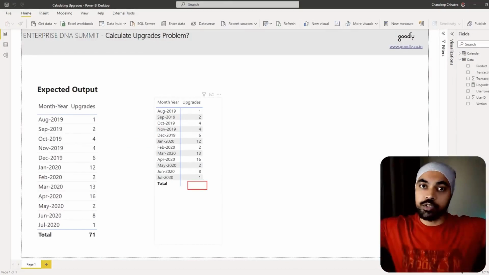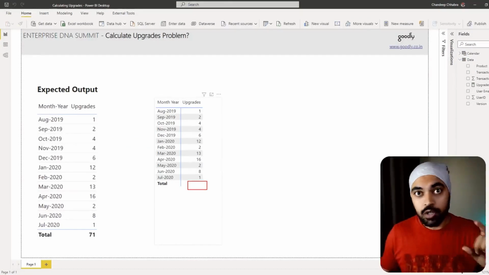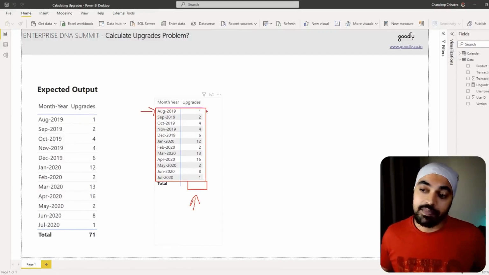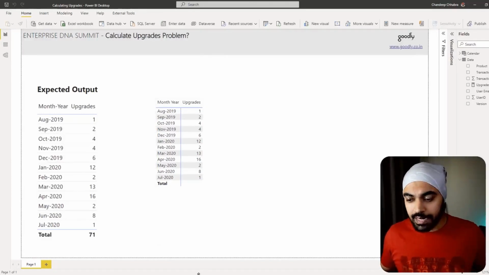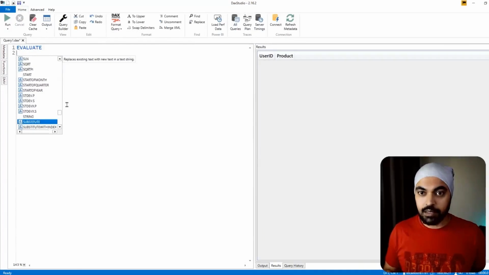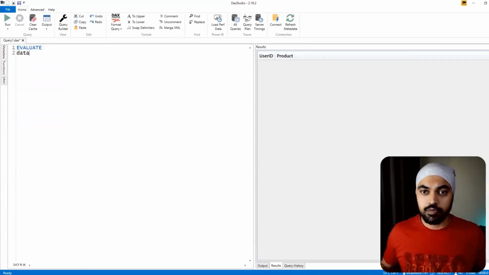You don't really want to take a look at the entire data. All that you would want at the total level is to take a look at this very data, which is summarized by the year and the month. And then you would want to sum every single value right here. So now we have understood that at the total level, just open DAX Studio and I'll just say data, press